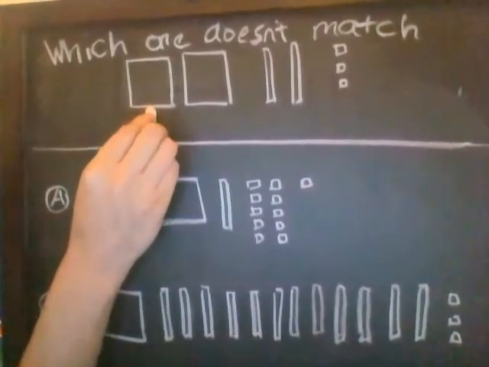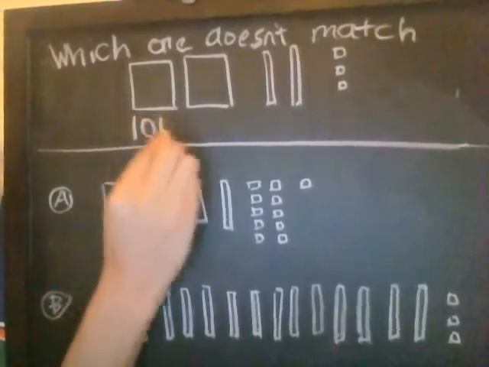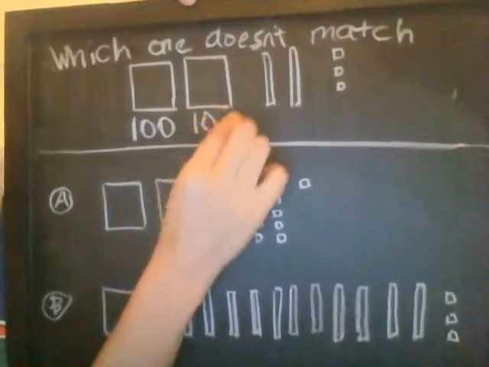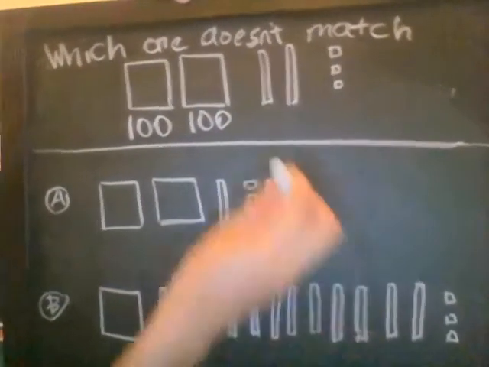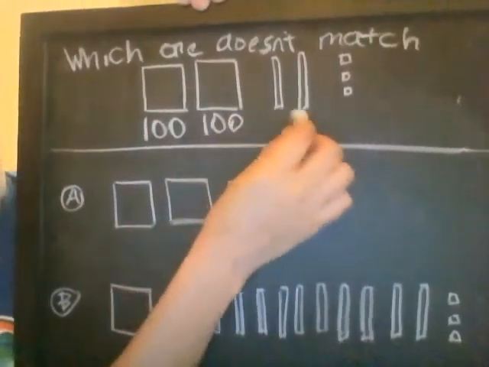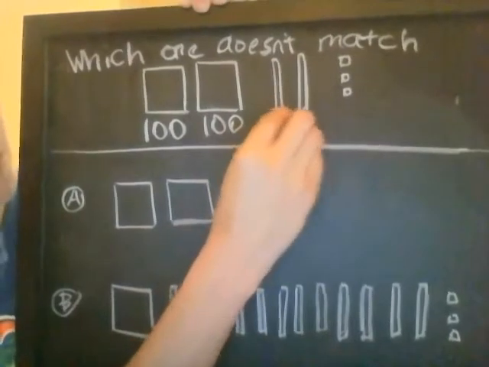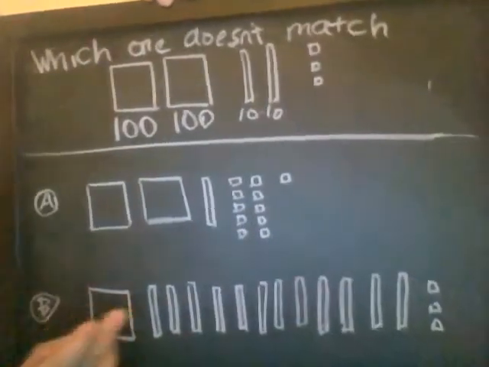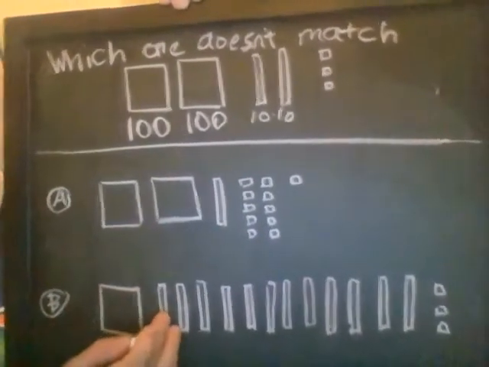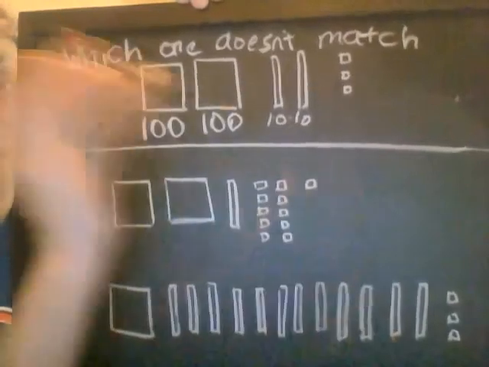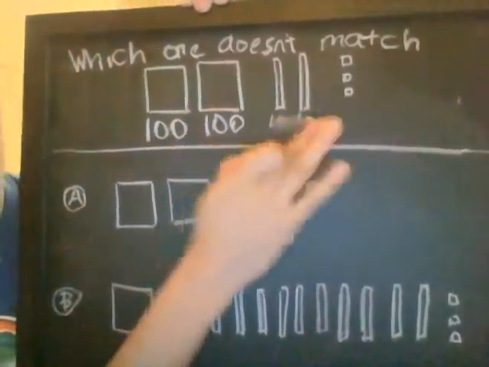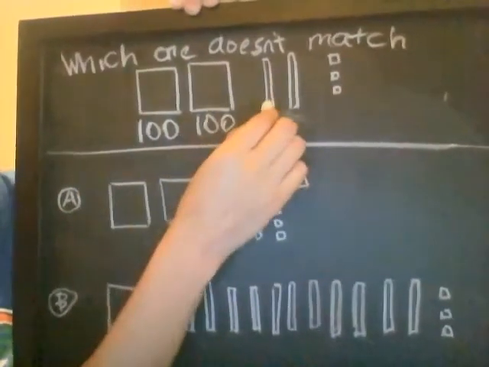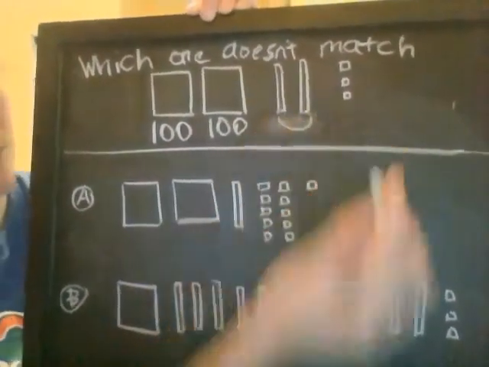So this is a what? 100. I'm going to label it. And this is a what? Also another 100, or you can call them a flat, too. Let's see. And these are, what? 10 bars, right? So I have 10, 10. Now, I'm going to recommend that you don't write 10 for every single bar. For example, here, really think about it. How many 10s would you have to write here? Tons. So instead of writing the two 10s like this, just go ahead and count it out. So you have 10 plus 10 is